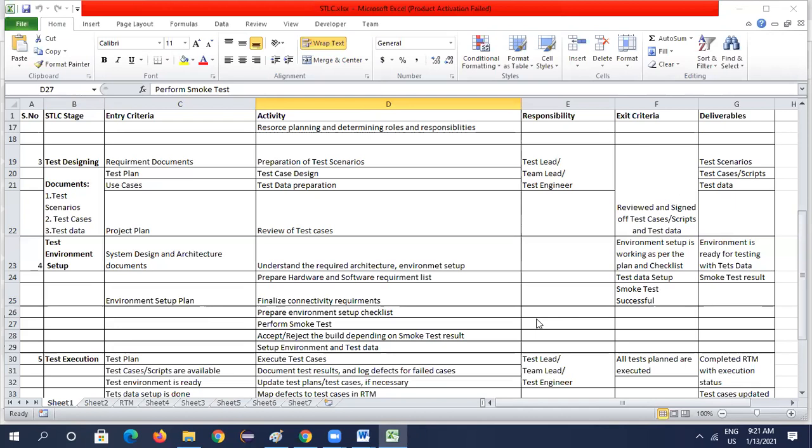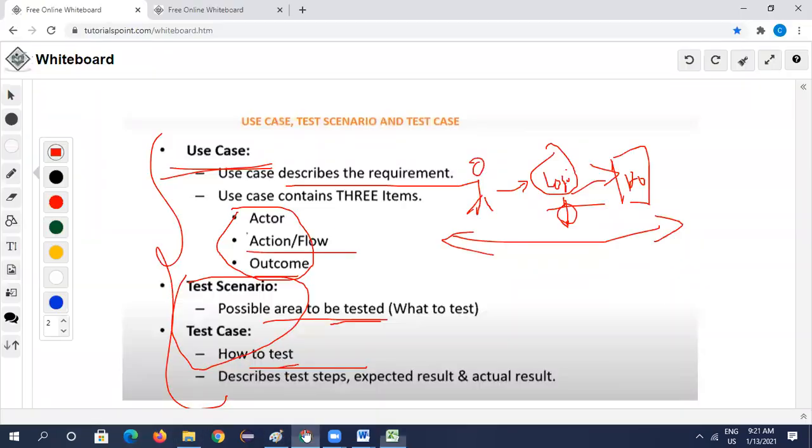Okay. So we do a smoke test, and in the smoke test, if we find that the application is good, we'll accept the build, or else we'll reject the build, and we'll prepare test data. So after this, all activities have been done. There is one more point which we need to understand here in test environment.